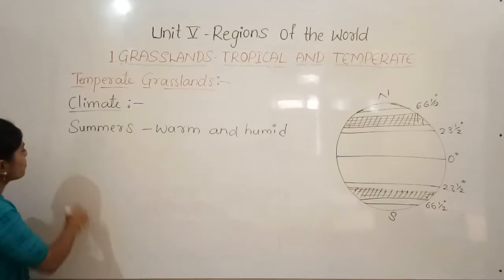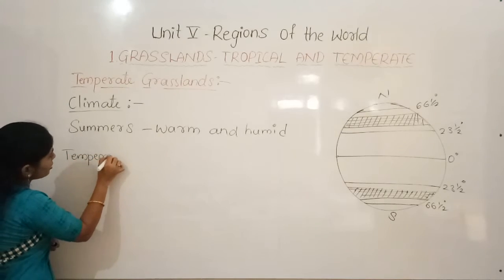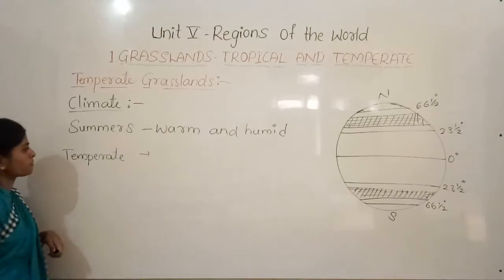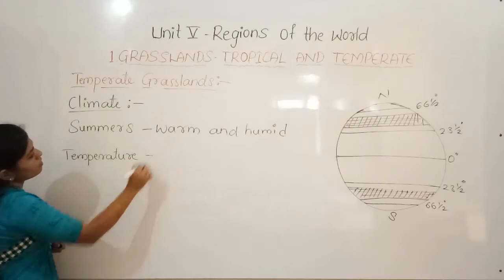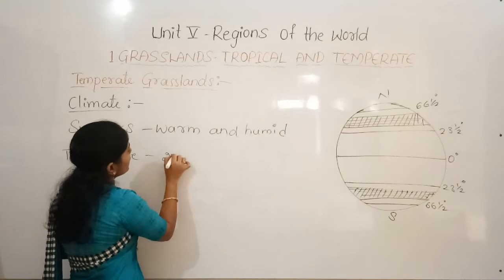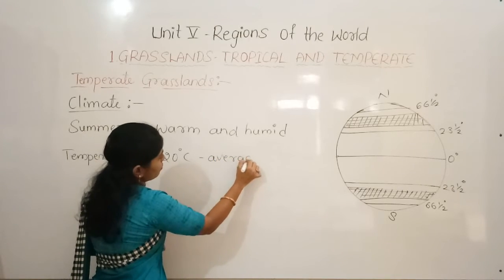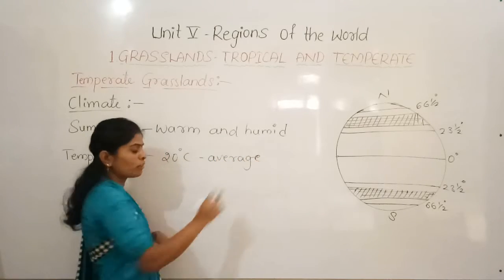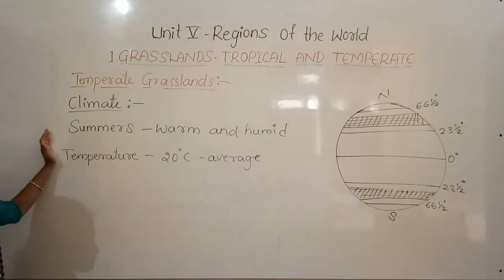And the temperatures in these grasslands, if we take the average temperature, this is 20°C. So overall, if we calculate, the average temperature of these temperate grasslands will be